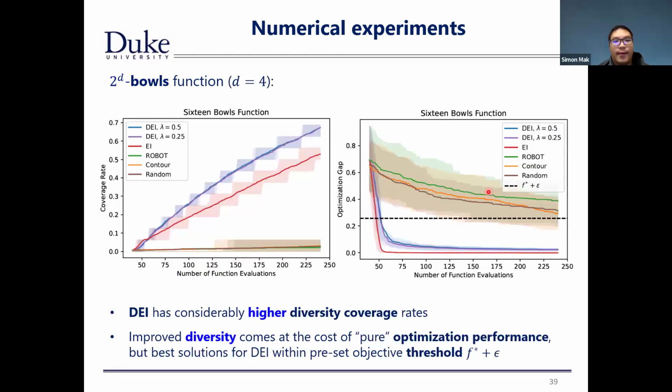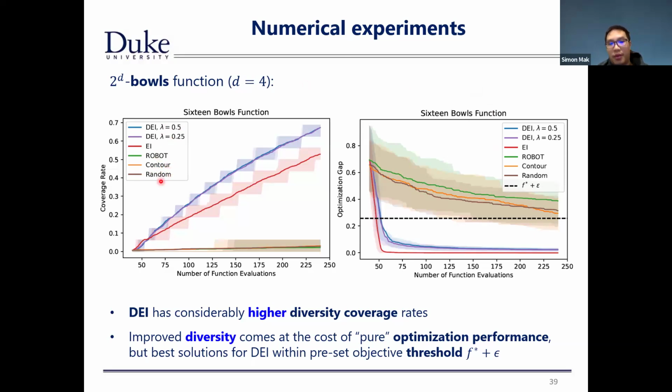Okay, so let's take a quick look at a few experiments. This is with d equal to 4, so there are 16 solutions here. We compare this with DEI for various values of lambda. In the end, we settled on lambda equal to 0.5, which gives us the best approach, but we can try different values. We compared it with the EI, robot, the contour estimation approach,